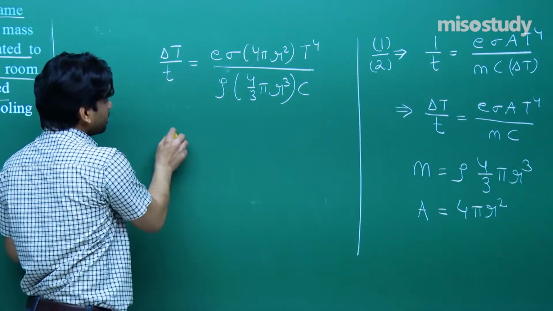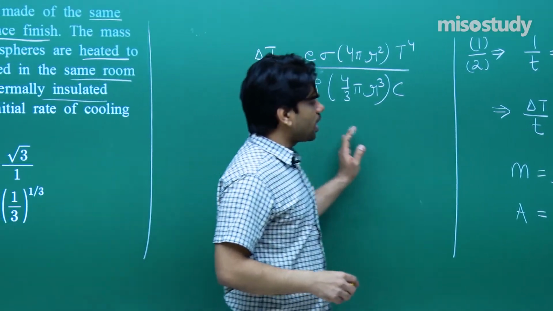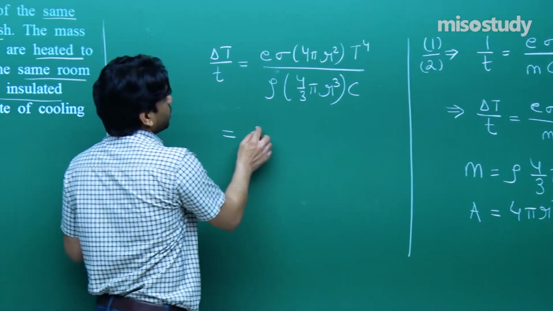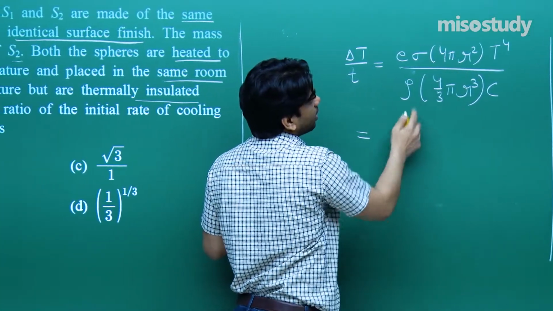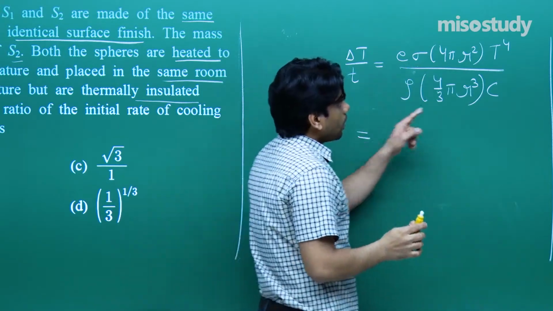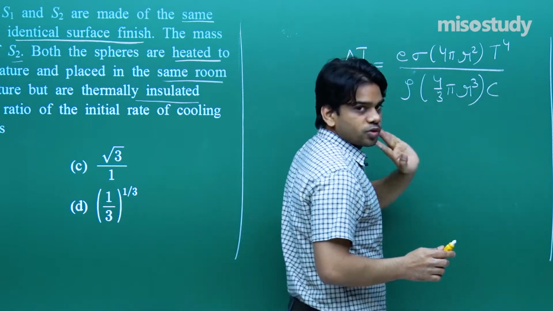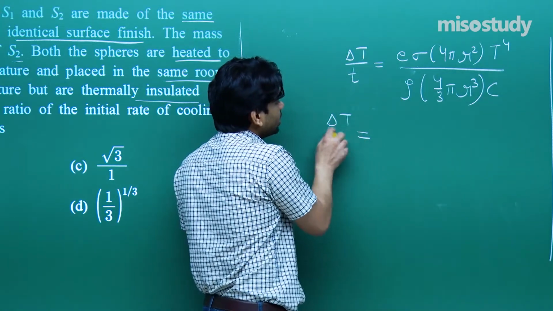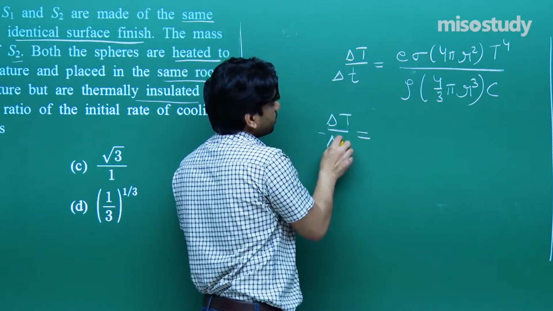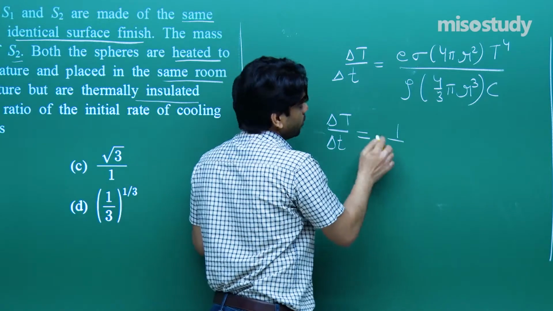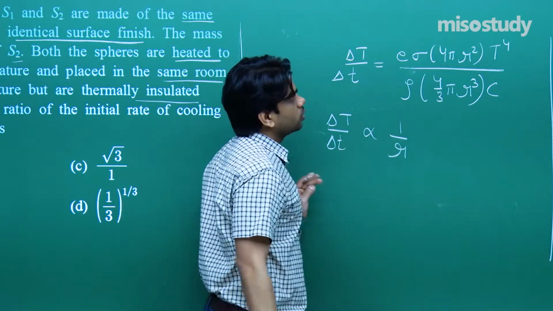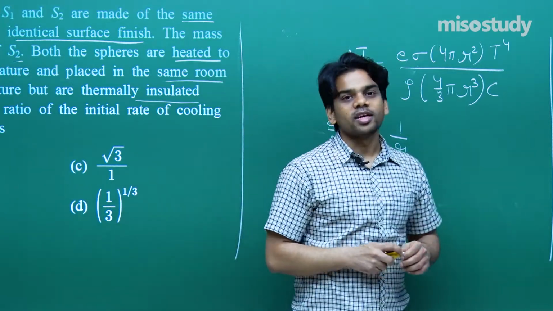Now clearly we have used the value of mass, and we have used the value of area. After this, you see here r square, we have here r, and rest all terms are constant. So what I'm going to do, E sigma both will be same for both the two, and T is also same and C is also same. So we can write delta T by time T, or let us use delta T also here. Everywhere you can use delta T, that will be proportional to 1 by r. That is what we can comment.